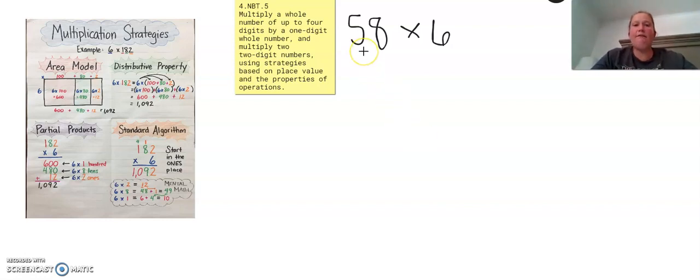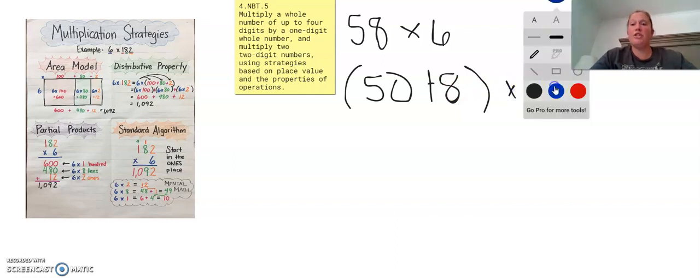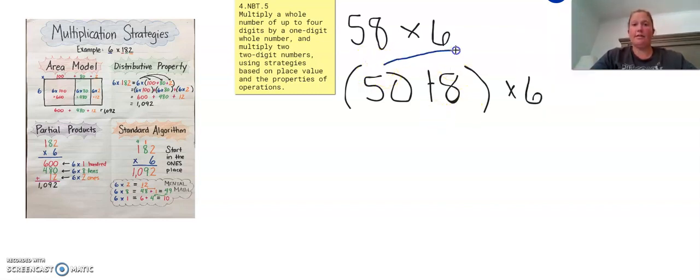So if I were to say to myself 58, what do I know? 58 is like the same thing as 50 because there's a 5 in the tens place, so it's worth 50 plus 8. So what we're doing, we're just decomposing that 58 into 50 and 8, okay? Then it makes it easier to multiply by 6. Let's break it down even more, and I can show you equation by equation how we're going to solve it, right? So let's start with 50